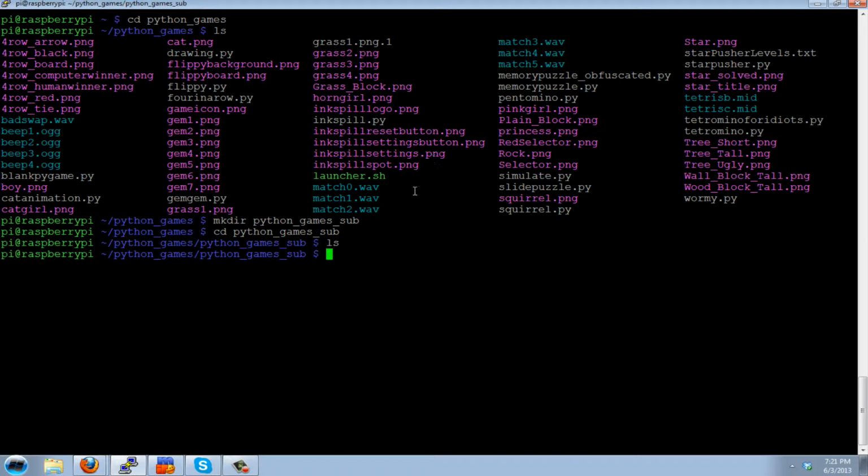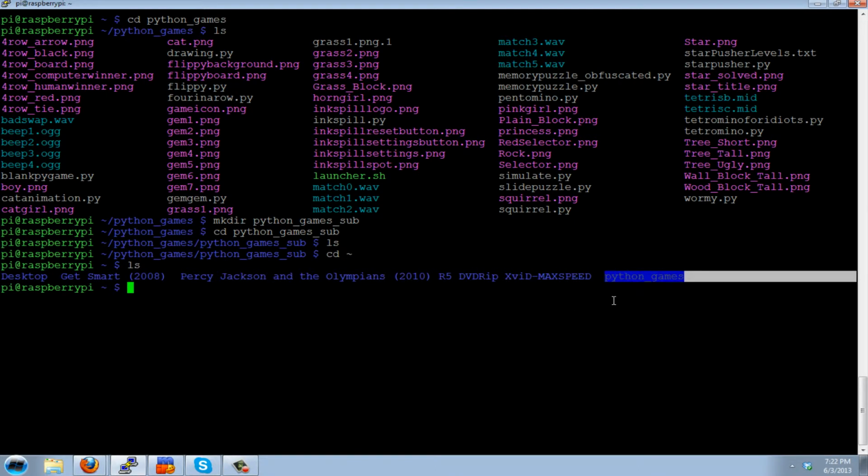Now, as you may notice, as we are going down through the directories, it tells us where we are over here. So let's go through this. This right here, this logo, means your home directory. The user, which this user is Pi, the user's home directory. This right here, /Python games, is the directory after that. So if we cd into our home directory, you can see Python games is right there. That is this. So then we can cd Python games, and then it says we're here. Now we were over here, so we can cd into that